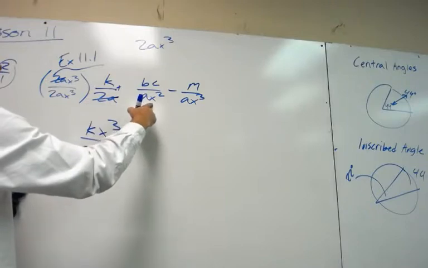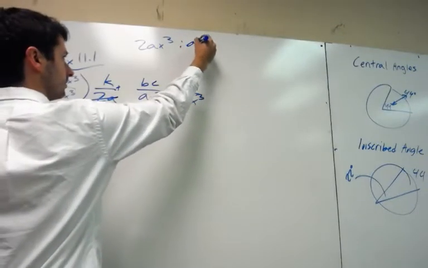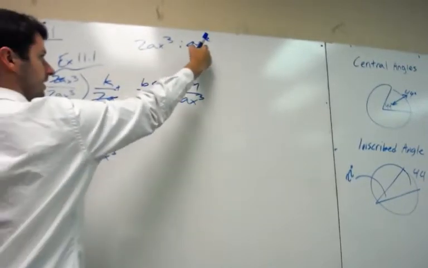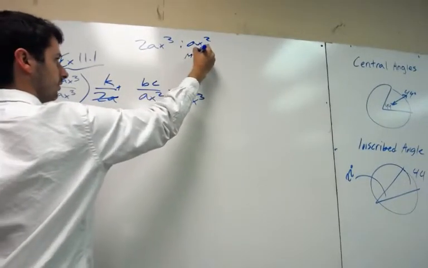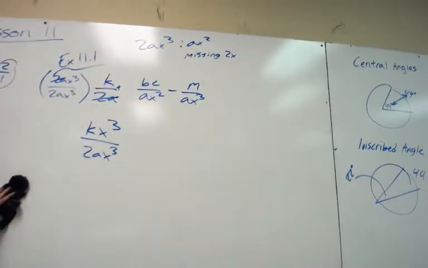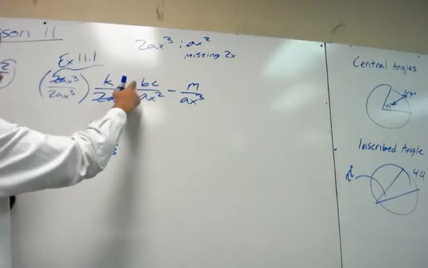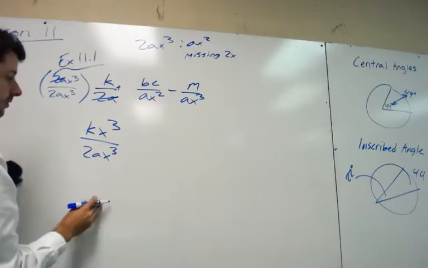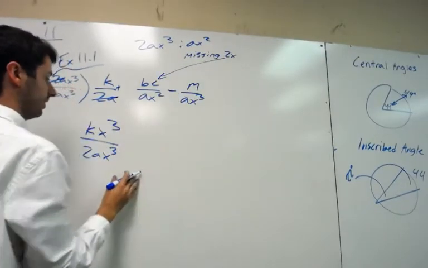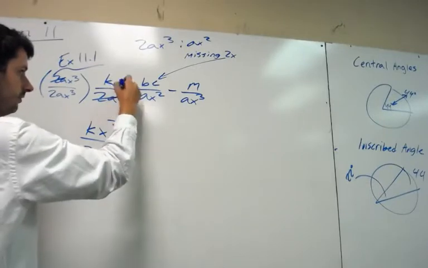For the ax squared, if I compared these, this one is missing a 2 and it's missing an x. So it's missing a 2x. So really, all I need to do is multiply the top by 2x and just plug in the least common denominator. So I would plug in the 2x here and multiply that, so it'd be plus